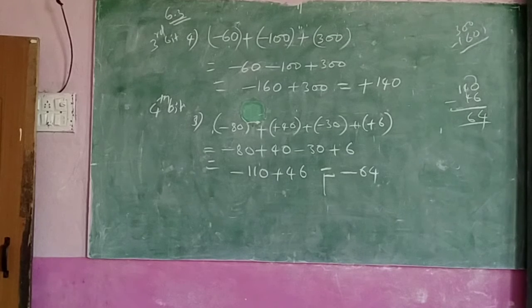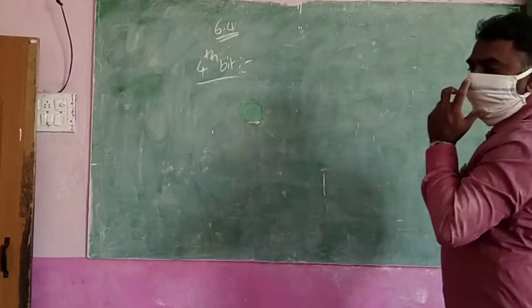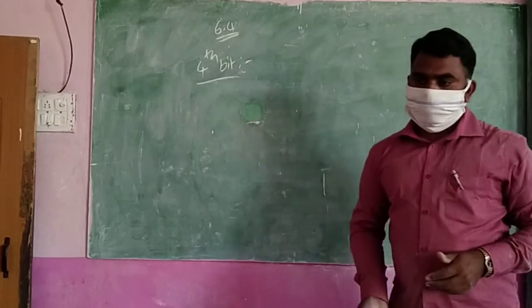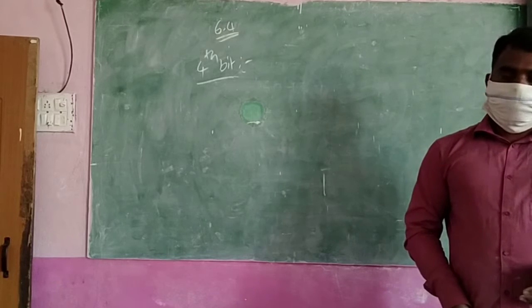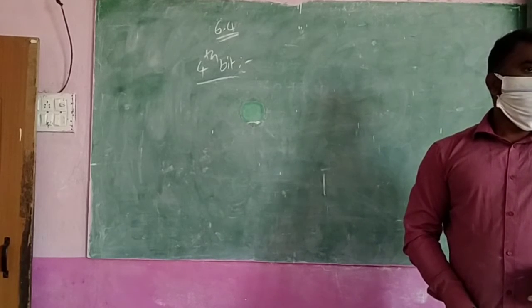One question I said to you already. That is also like this only, see. Now I said like that only. Is it or not? 6.4, fourth bit. There is page number 83, 6.4. Fourth bit: simplify. Same type of bit.